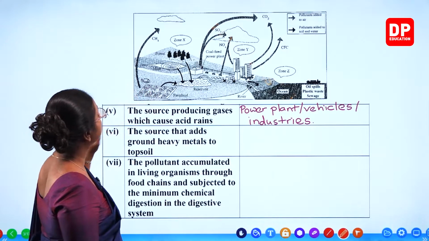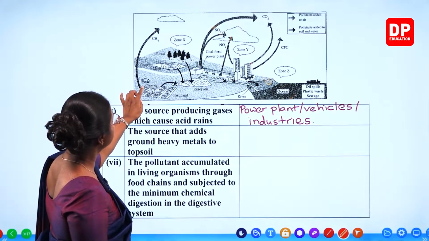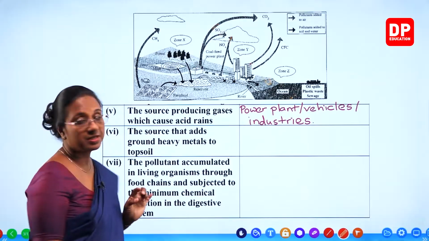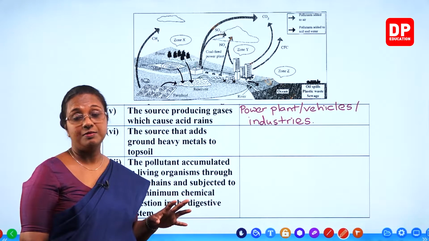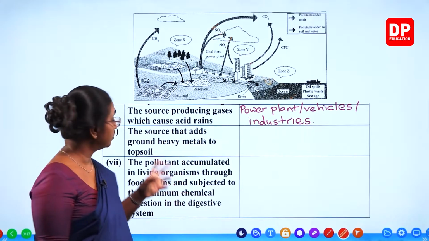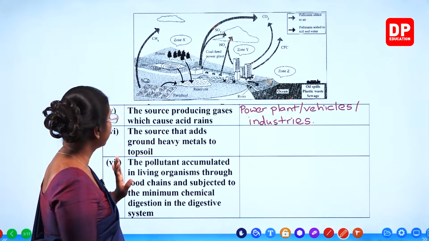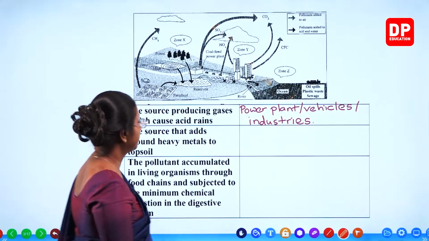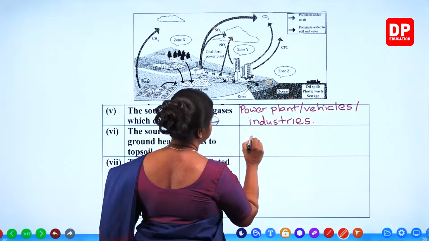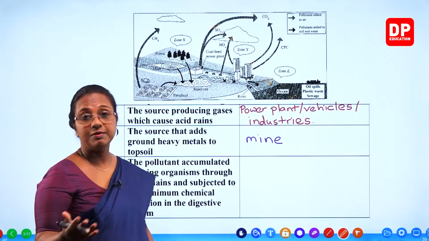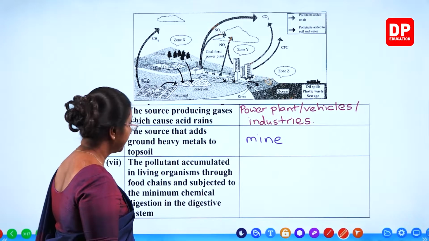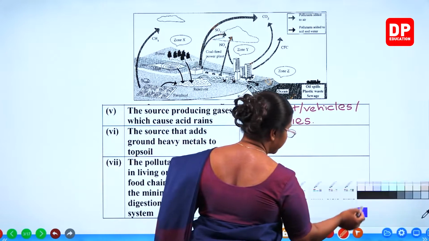So if you look at the diagram, you can see from the mine there are substances evolved that has heavy metals. So that is a source that adds heavy metals to ground topsoil. So that is the mine. From the mine, heavy metals are added to topsoil. Then the last part of the question,